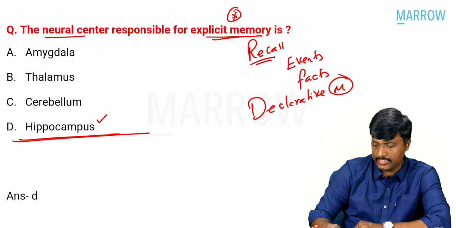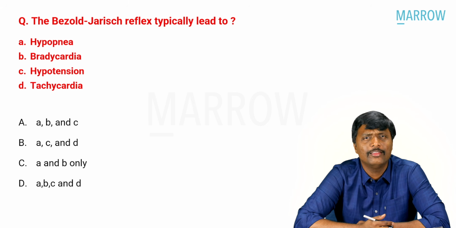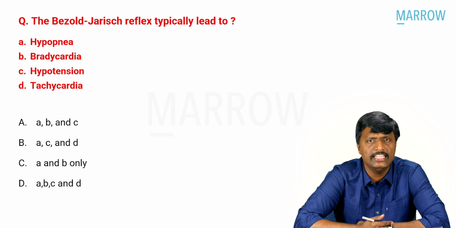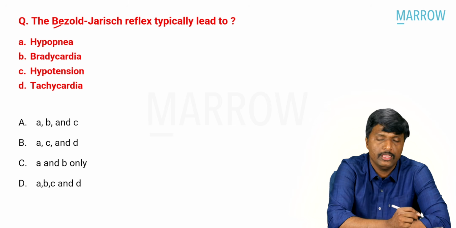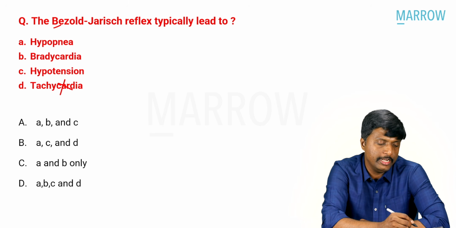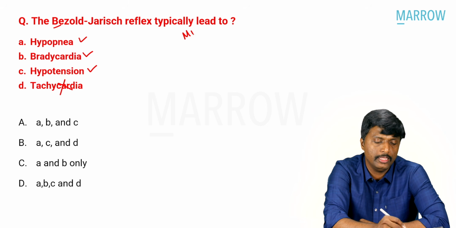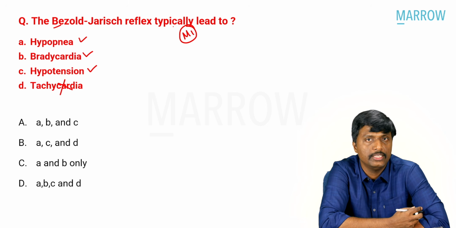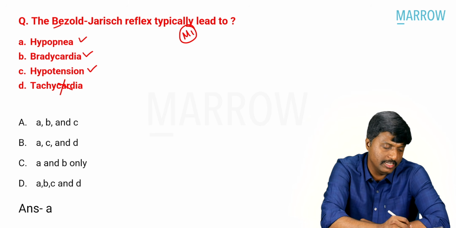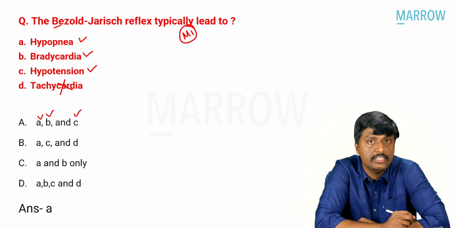Now let's shift to the next question. What is this question? Yes, the Bezold-Jarisch reflex. Another chronic repeat topic. Bezold-Jarisch reflex typically leads to... It's a bradycardic reflex. We remember B, B for bradycardic reflex. So tachycardia is out. It can lead to bradycardia, hypotension, hypopnea, particularly in myocardial infarction. You see this reflex? Now, what is the answer for this question? Definitely, it is options A, B and C. It's a bradycardic reflex. The very essence of this Bezold-Jarisch reflex is